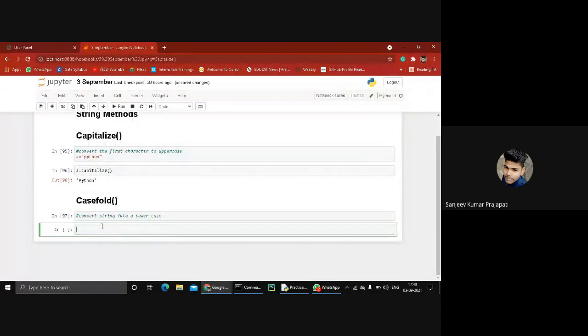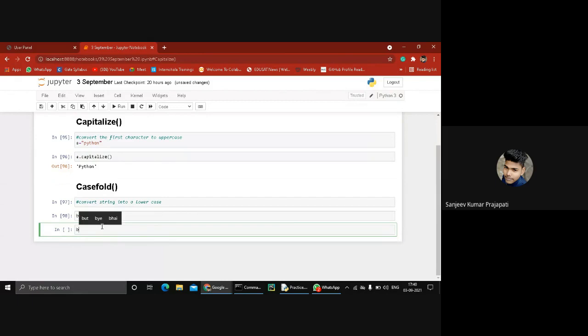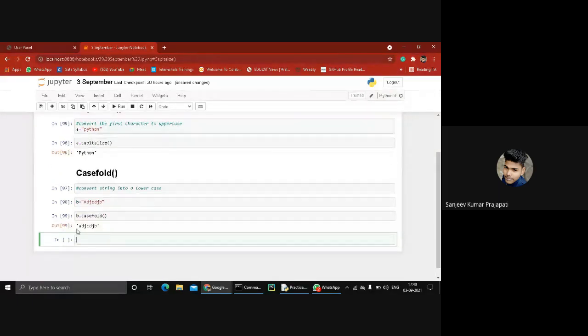Then we have to create the next string b equal to, and we apply the casefold method: b dot casefold. You see, it's written the whole string in lowercase form. So got it how the casefold function works?